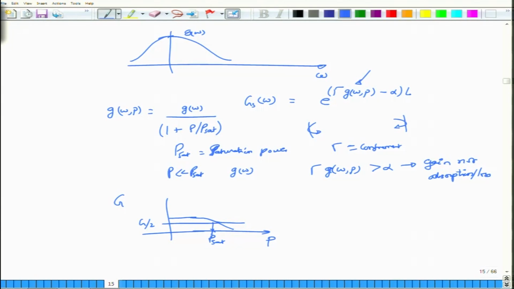It is quite difficult to obtain a proper equation or understanding between gain and P, because it is a complicated process, but approximate equations have been derived. Approximately, GS depends on the input power in this particular manner. It's a transcendental equation, so you will have to solve it numerically most of the time, because there is GS on the right hand side and GS on the left hand side as well. Again, please note that there are many competing processes happening in the semiconductor optical amplifier.